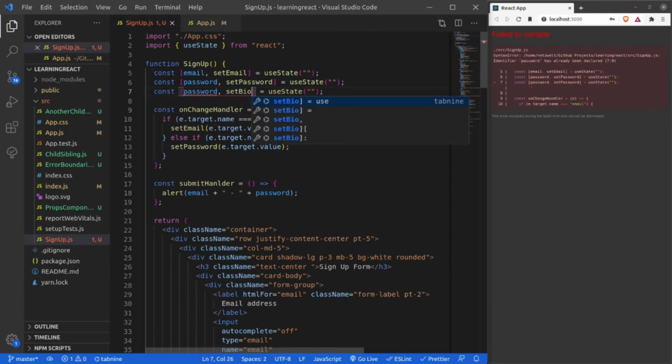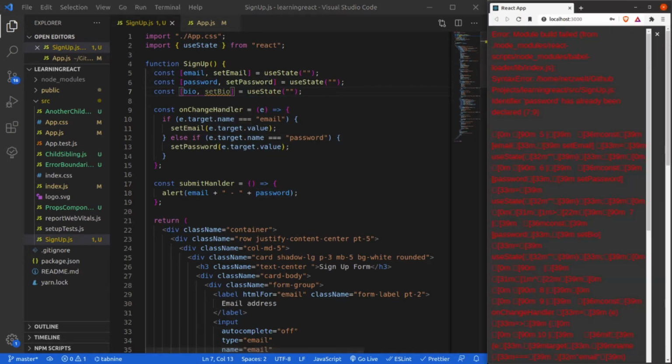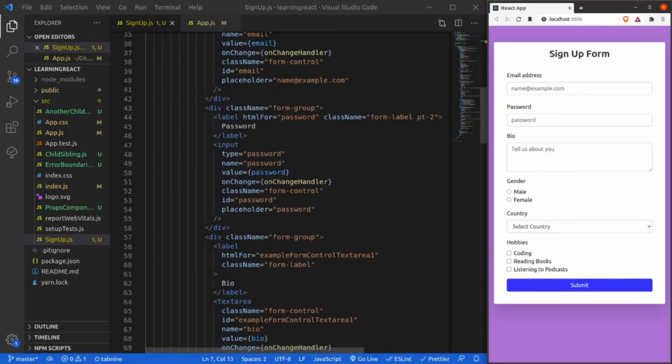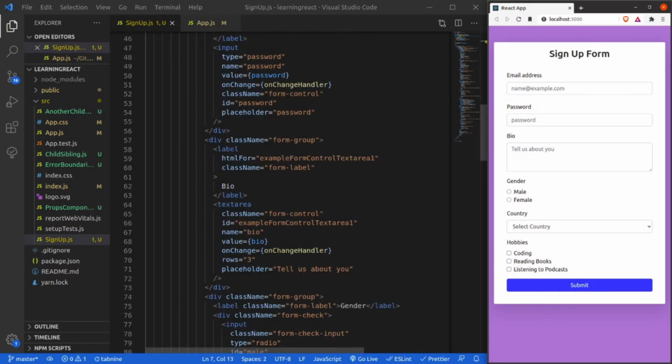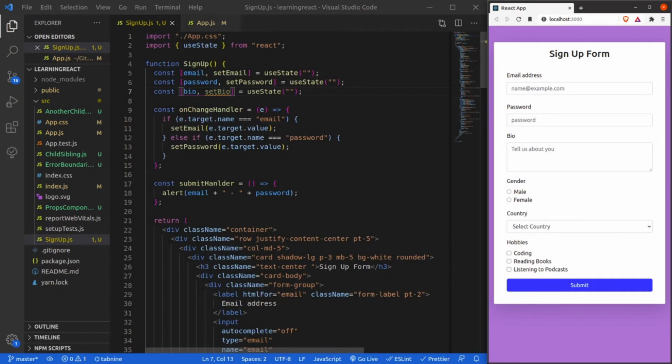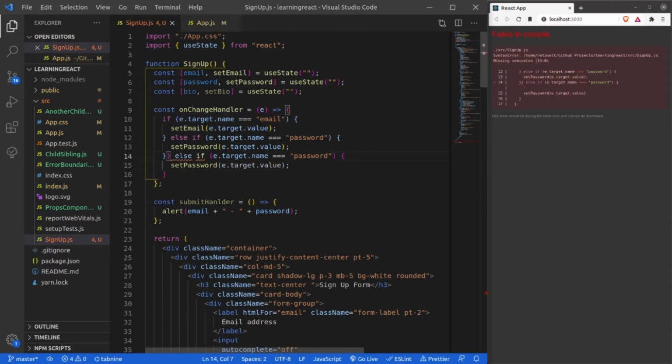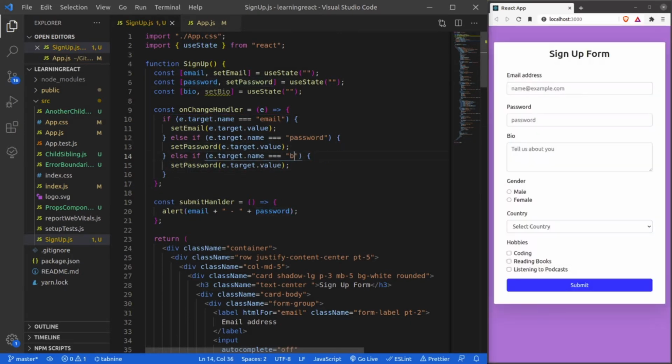Set bio and then bio. All right, now bio is there. Now how am I going to create the else if for bio? Similarly, I will just copy it out and change it to bio. And instead of setPassword, I just need to update it with setBio.